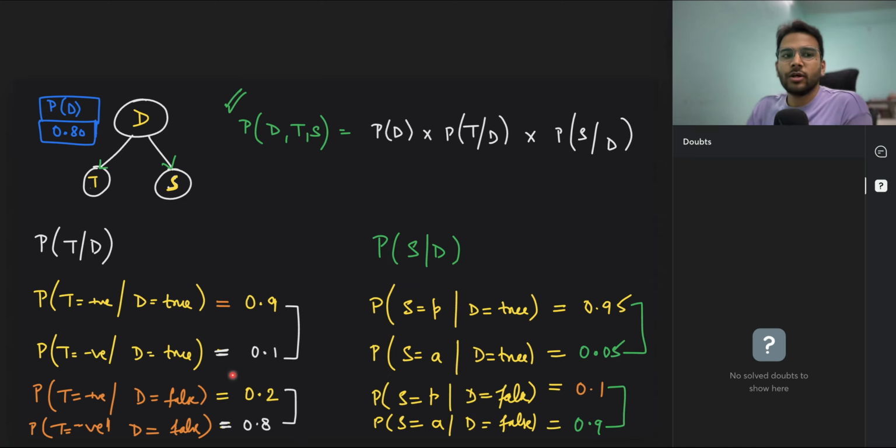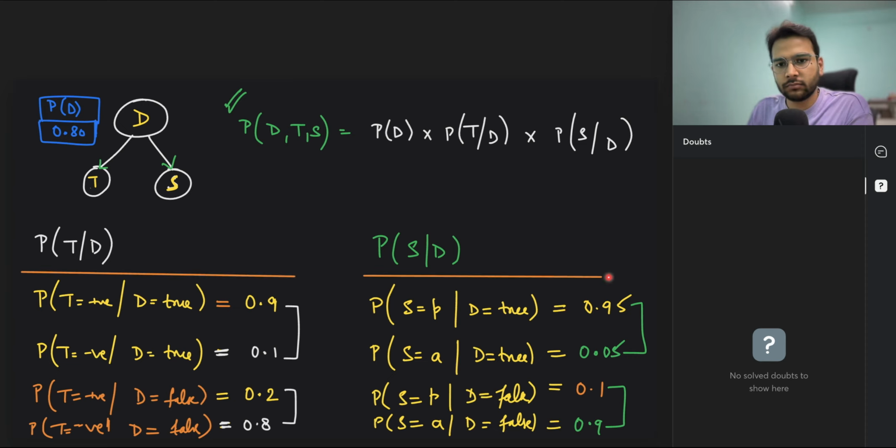Is this clear? So now, can you see carefully that now the CPTs are given to you? Yes or no? Now the CPTs, conditional probability tables, are given to you. Okay. Now if I ask you a question, in the GATE exam also, we will be solving one previous year question, and they have asked a similar type of question. The Bayesian network that was given in the question was a little different, but the way we are solving this question is going to be the same.